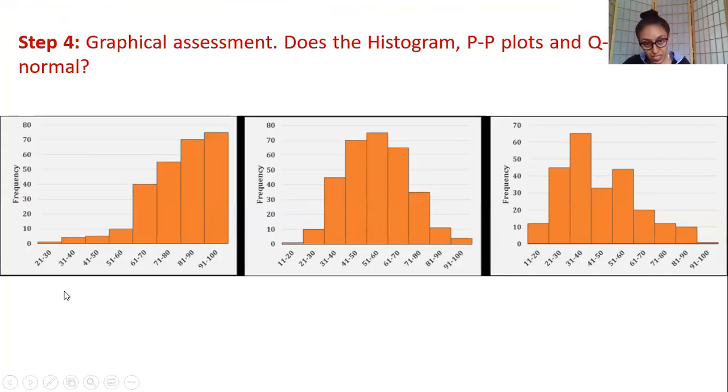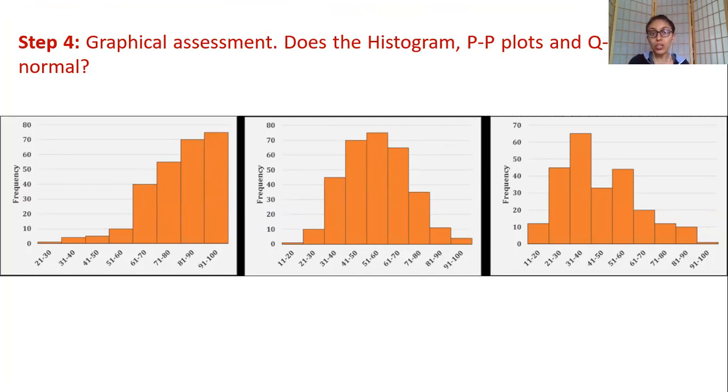All right, the last thing which I do is check the distribution of the histogram. How does the histogram appear? If it appears something like this, then yes, normally distributed. If it is skewed, as you had learned about this, then it is not normally distributed. If you have, say, a bimodal distribution, and we talk more about that when we are learning about graphs, then you still have to investigate whether a bimodal distribution is normally distributed or not.